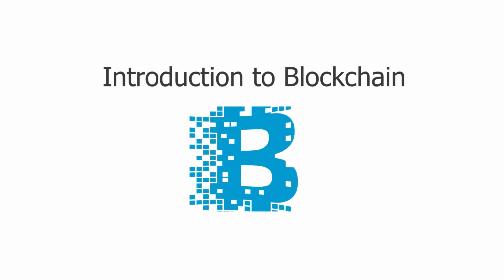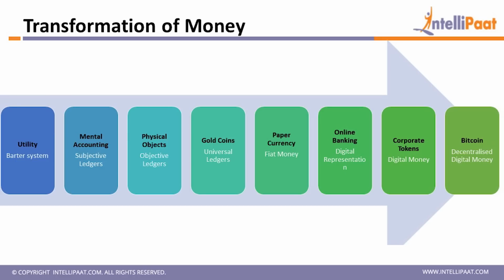As we know, the term blockchain has arrived and become very popular in the past few years. What actually is it? Before moving to that, we should know how our trading units transformed from the past to current modern exchange systems. We are well aware of the barter system, where utility things were used to sell or purchase items. Then came the era of subjective ledgers, mental accounting, where things were recorded on ledgers for making sale and